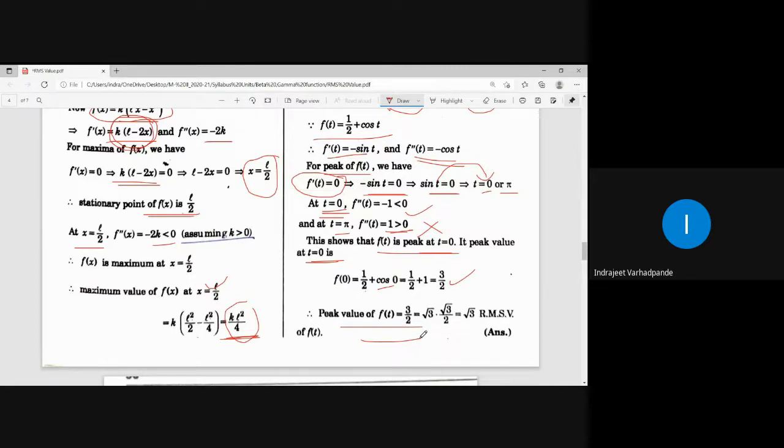See, for sine t is equal to 0, t has two values or two options. One of the options is t is equal to 0, or another option is t is equal to pi. So putting down both the values of t, I need to check whether second derivative is getting negative for which particular value. Is it for t is equal to 0 or is it for t is equal to pi? For whichever value we get the negative quantity, I will say that this particular value shall give us the peak value or the maximum value. I hope this point is clear to everybody. Any difficulty in this?